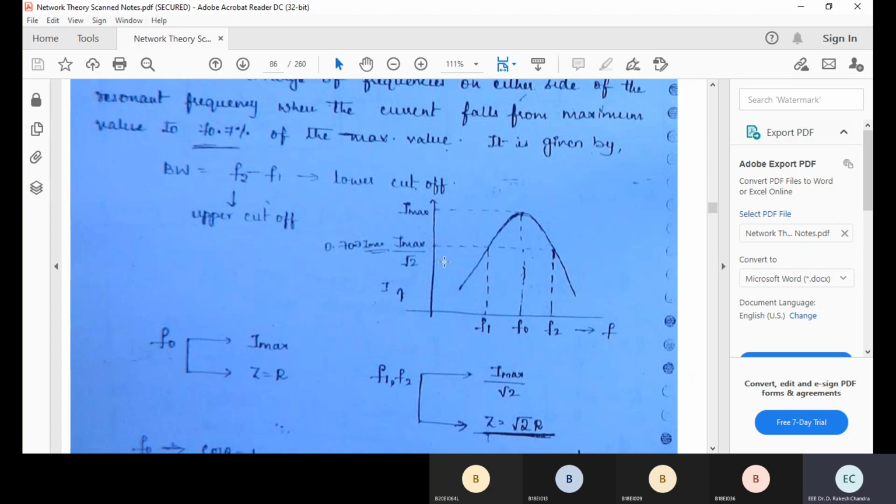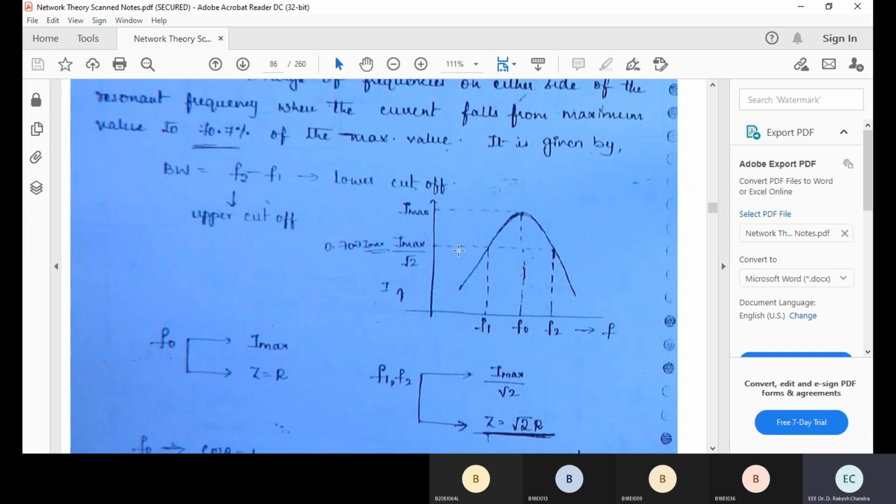So here is the graph drawn between frequency versus current. This is a resonance curve. At one particular frequency, called the resonant frequency, you will have the maximum current. I already mentioned in the beginning, I is equal to V by Z. Z is minimum at resonant frequency because XL is equal to XC at the time of resonance. Then you will have the maximum current at the time of resonance. This is the maximum current I max. What is RMS value? I max by root 2.